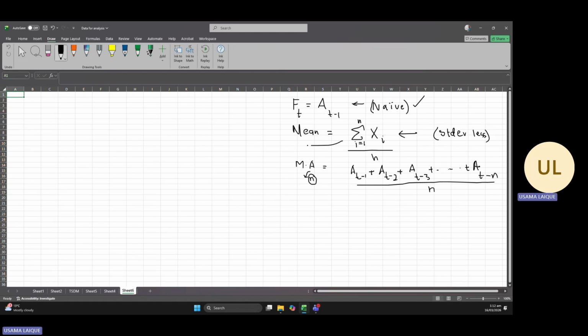Once again, I'll represent it like this. If I explain this bit, it should simply mean x1 plus x2 plus x3 up till xn